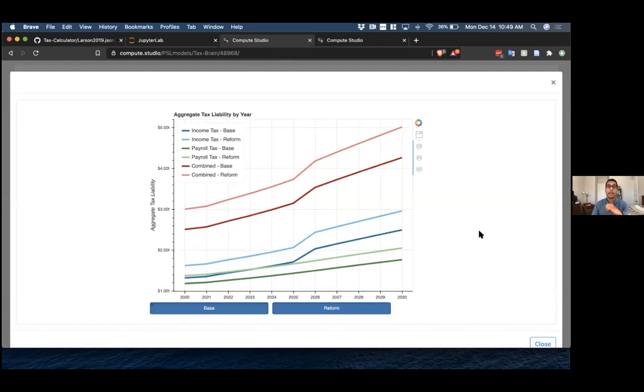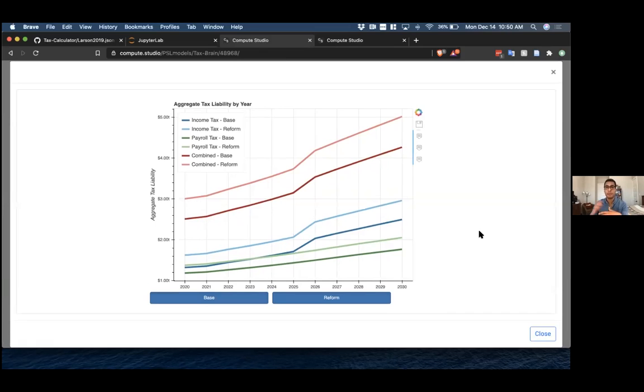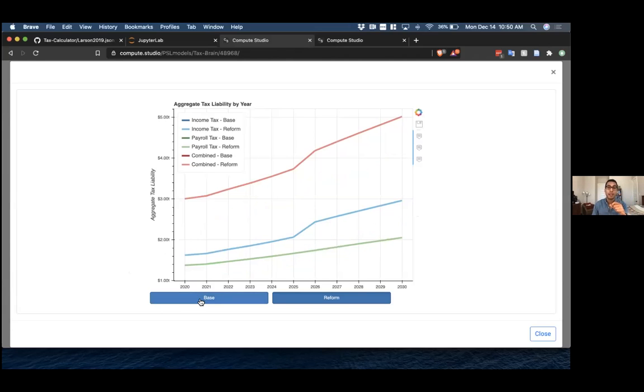Nothing fancy. As of now, you can't implement one policy, use that as a new baseline, and then create another reform on top of that. That'd be a cool feature, but it would add a lot of complexity to the web app, so we haven't done that. But you can customize this chart a little bit. If you wanted to remove the line showing the baseline, you can just click on base, and now all you have left is the reform's